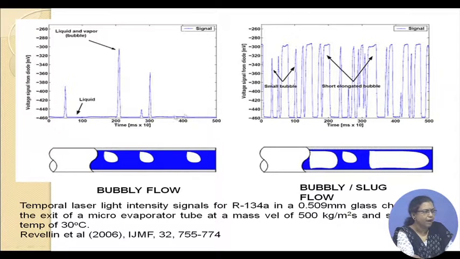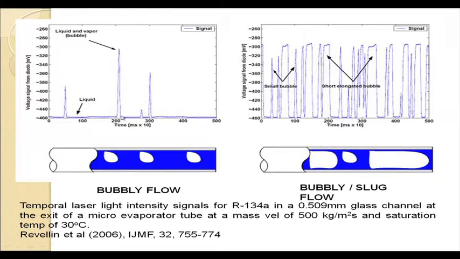In this case, we find that the apparent difference between the bubbly and the slug flow, or rather the transition between bubbly slug flow, is immediately evident on comparing these two particular raw signals. Here we find that instead of an almost steady signal at low voltage and a few spikes, the signal now exhibits alternating valleys and peaks, and we find that in the valleys some spikes are there which show the presence of